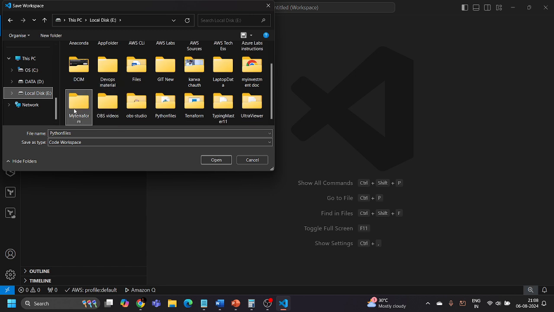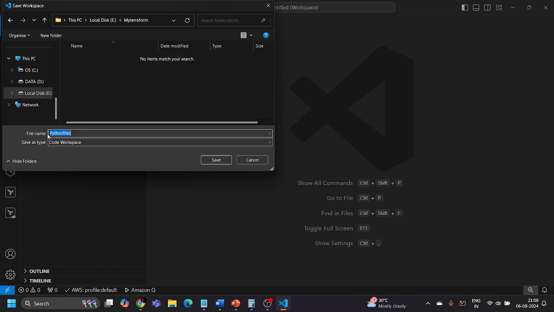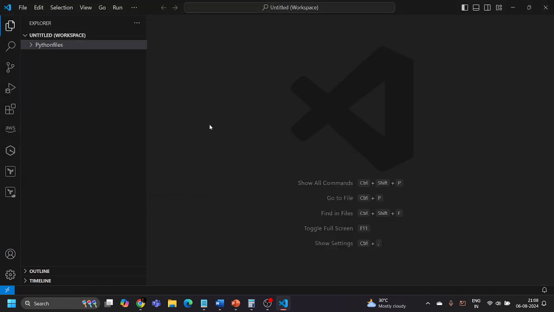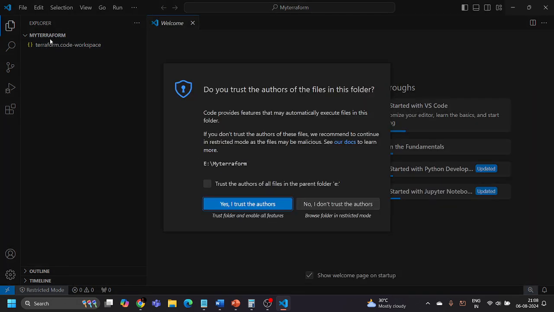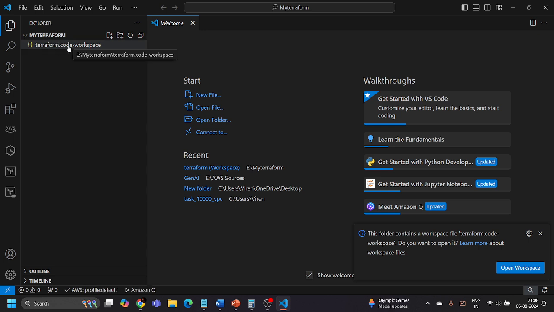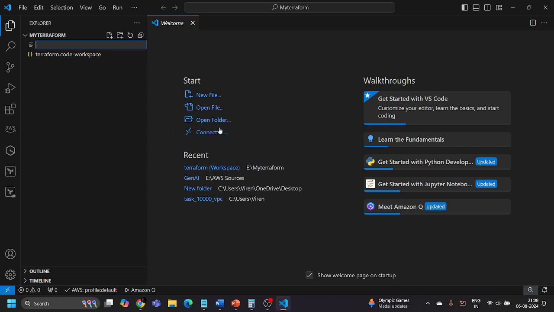And let's go to the Terraform again. For the file name, maybe you can provide Terraform as of now and just click on the save option. Okay, now we are inside this my Terraform folder. You can see over here that my Terraform workspace has been created. Now we will click on new file and try to create a new file. Before that, let me explain